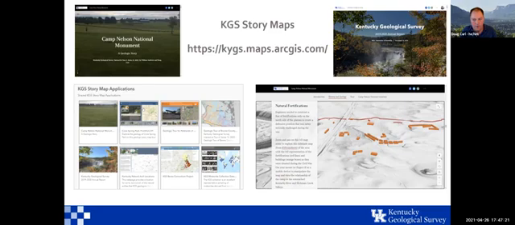So you can actually get a free Esri account and create story maps with the caveat that you can't use them for commercial use, selling things or whatever. But I think most people are probably interested in just telling a story for whatever sake. And at KGS, we're obviously making not-for-profit story maps. So I'll go over what we've done at KGS and then dive into how to do it.